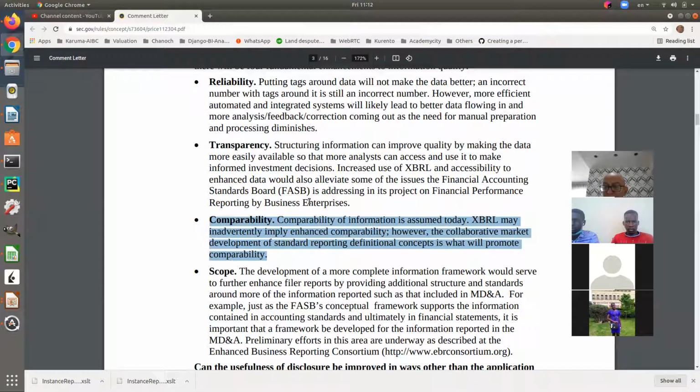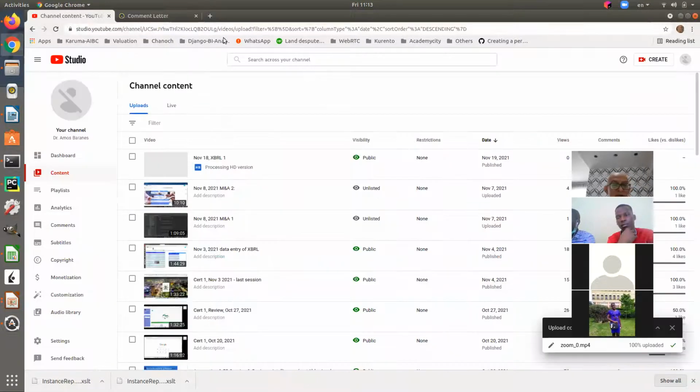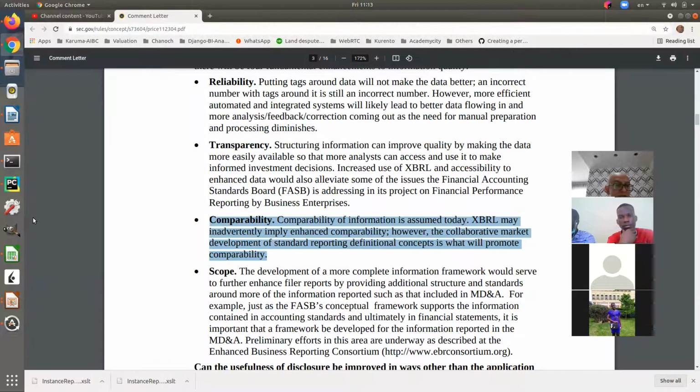Got it? So the fact you're using a different HTML for every company, in fact, that the company is providing, not really something that the SEC is generating by the XSLT, tells you they are not comparable. And that's really one element we should emphasize there. Okay. Let's go back to here